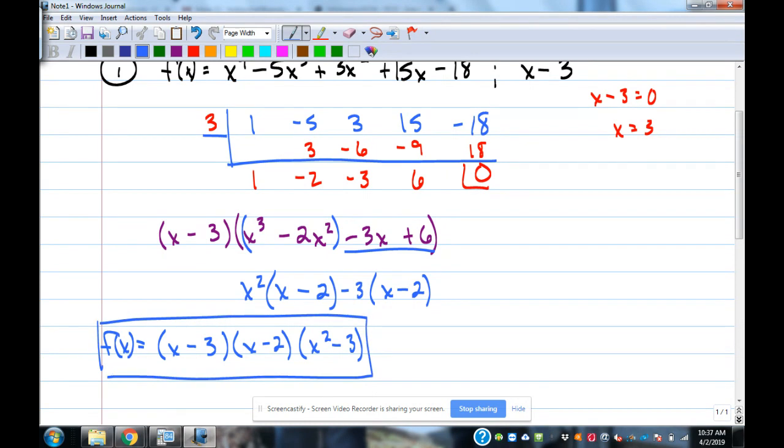Because x squared minus 3 is not a difference of squares. It won't factor any further. I can't go any further with that one. If it were x squared minus 4, hey, that factors as x plus 2 and x minus 2. But because it's 3, that's not a square number, so it's not a difference of squares, so I can't factor